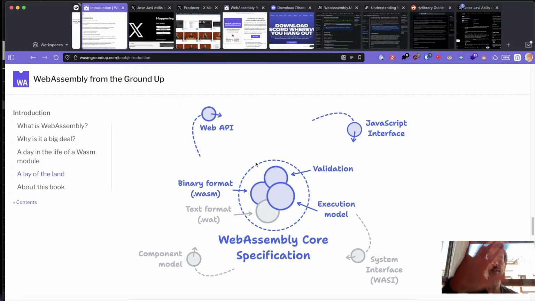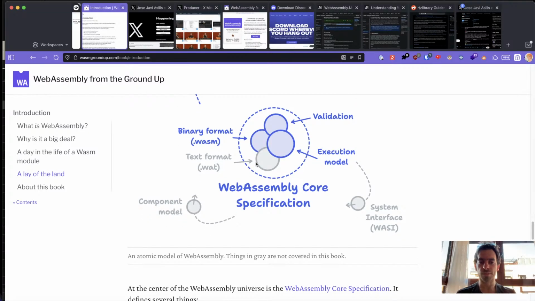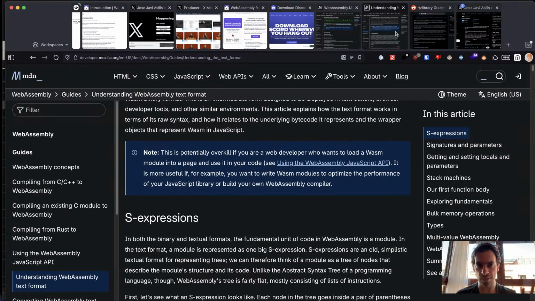So we were seeing this entire diagram, and I was kind of studying it a little bit. We got the web API. This is an atomic model of WebAssembly. Things in gray are not covered in this book. Oh, so that's even amazing. So the text format is something that we can actually go in and dive deeper into on our end and see much more about it. So I'm going to go through the